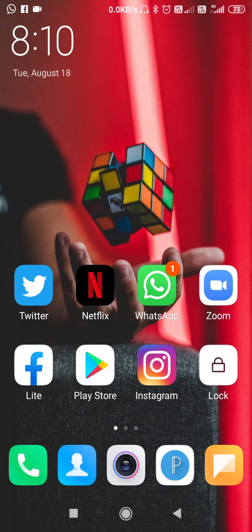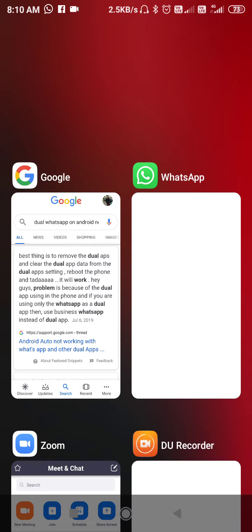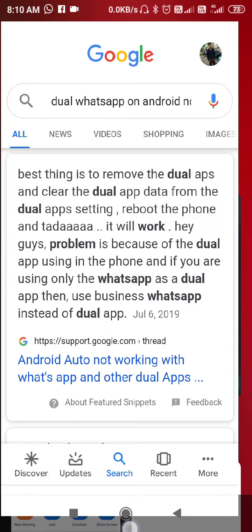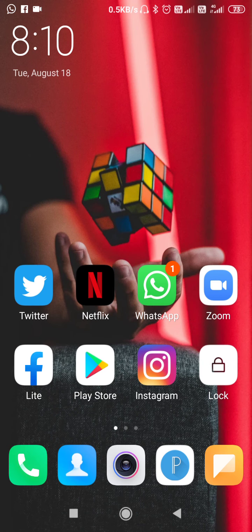So guys, first, what I want to suggest is that if you are using a dual application from where you are using WhatsApp as dual, then you have to go to settings and clear the data of that dual application.